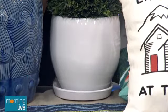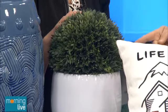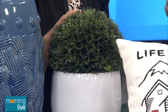But the thought is the planters. Again, we're moving them around. I can put a splash of color, fresh florals, fresh herbs, right? Maybe you don't want to have the herbs in the garden. You have a dog, you have a cat you're worried about. Having things in containers is wonderful. Herbs, tomatoes, whatever it is, really great. And you can move them around. And sometimes you can move the pots around to hide stuff that you don't want people to see. Maybe you've got a plug or something. So it's just an easy way of...